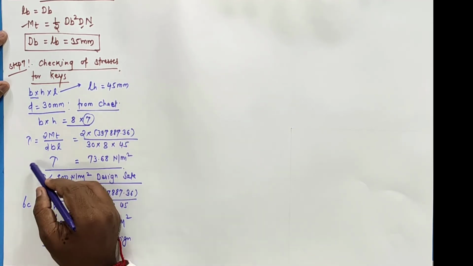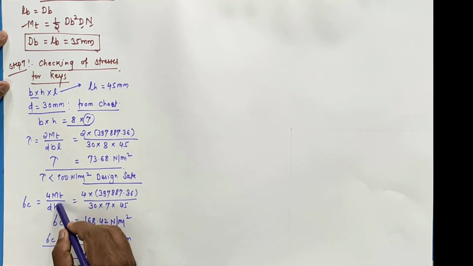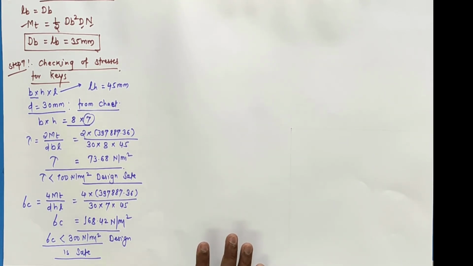For the keys shear failure I have calculated whether it is safe or not, I have checked. For crushing failure I have calculated and we have checked whether safe or not. So here the numerical is end for flexible bush pin type coupling. So this single numerical gives an idea to solve any kind of numerical related to bush pin type coupling sequentially. I hope you understood this. Thank you.